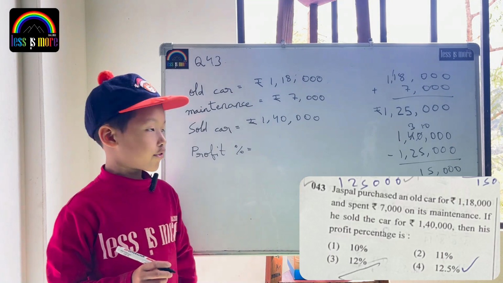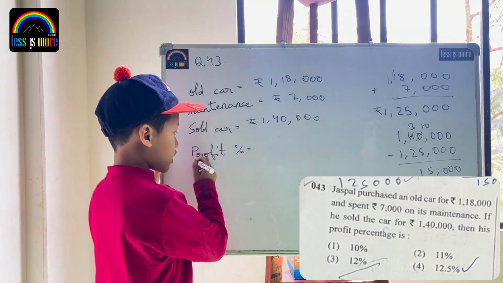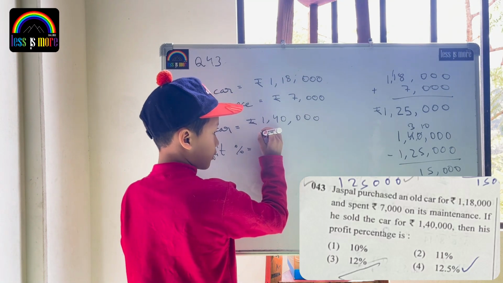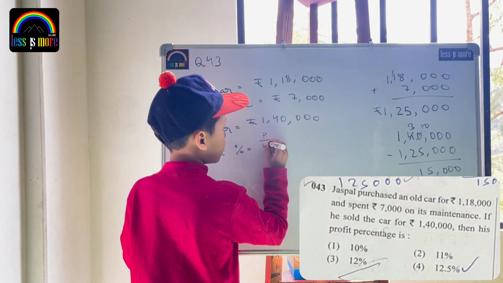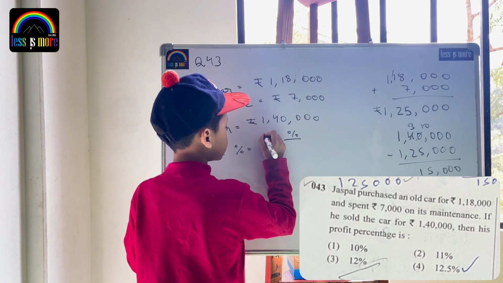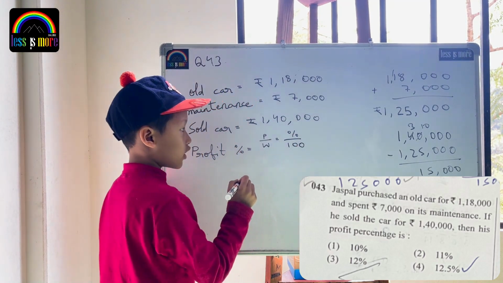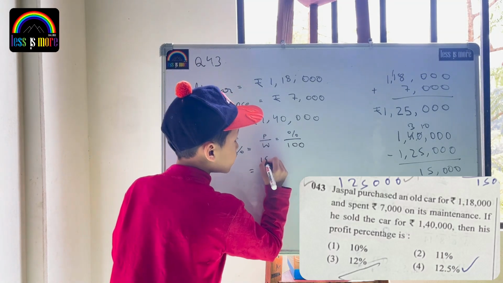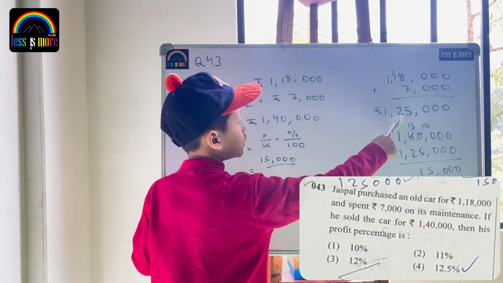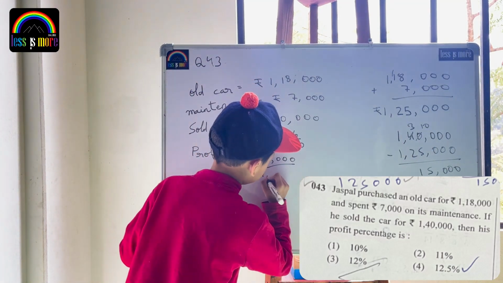The profit is rupees 15,000. So now we are going to find the profit percentage. To find the profit percentage, I will use the parts by whole equal to percentage by 100. The parts will be 15,000. The whole will be 125,000